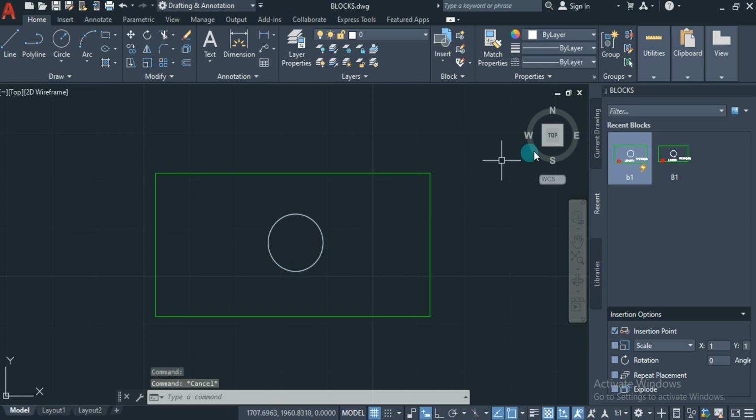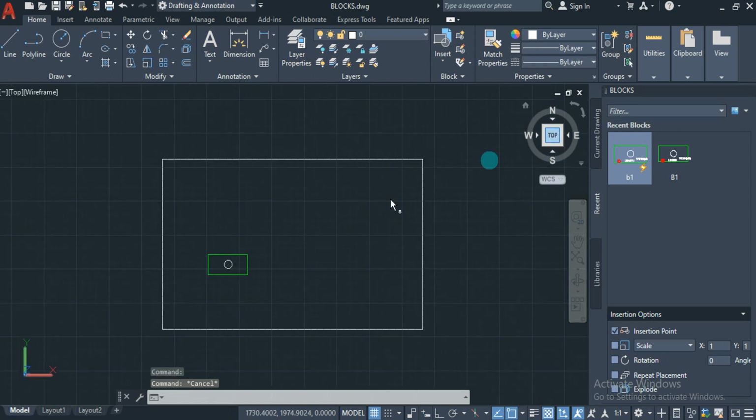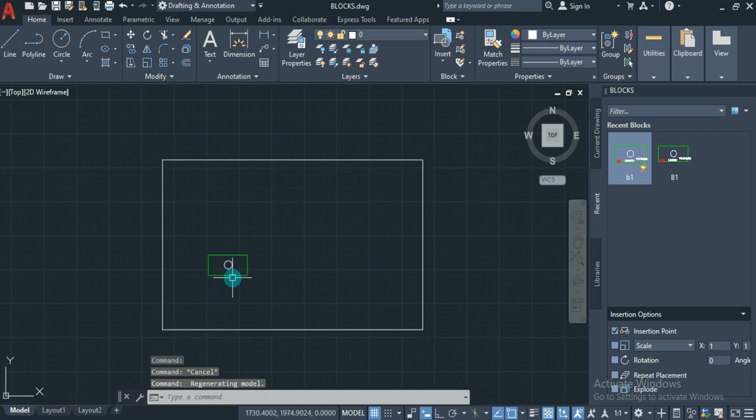In the next case, while applying all these objects, at some places I want to show only the rectangle, at some places only the circle, and at some places both. For example, instead of creating a number of blocks, you can define all the geometries in one block, and you can set the visibility parameters. So we'll see how to do that.